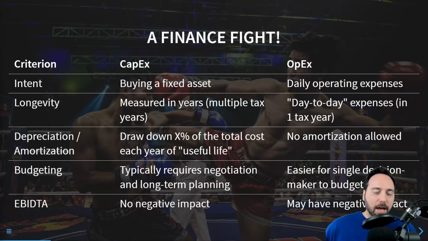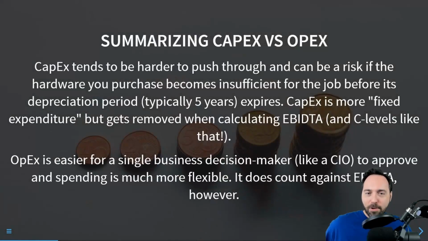And companies and markets are looking very heavily at EBITDA versus profit, which means that by spending all of your money in the cloud using OpEx practices, you may actually be harming your company's ability to get additional funding, get additional lending, or get additional shareholders in the future. Which seems a little weird, especially because the sales pitch is OpEx is so much superior to CapEx. It's so much easier, better, and nicer, and everyone loves it. Turns out that, yeah, there is a downside to OpEx. So, all right, summarizing this.